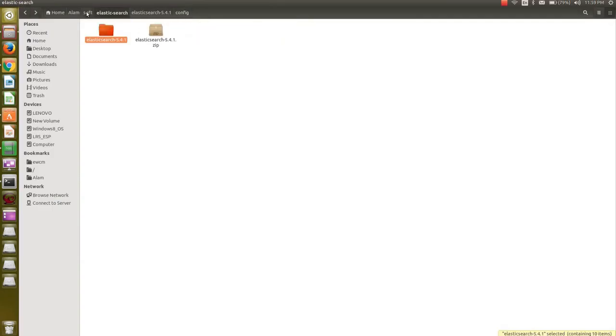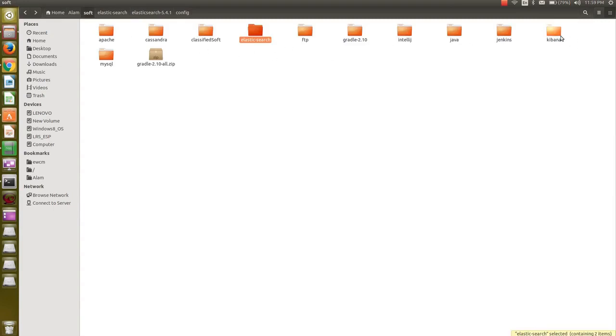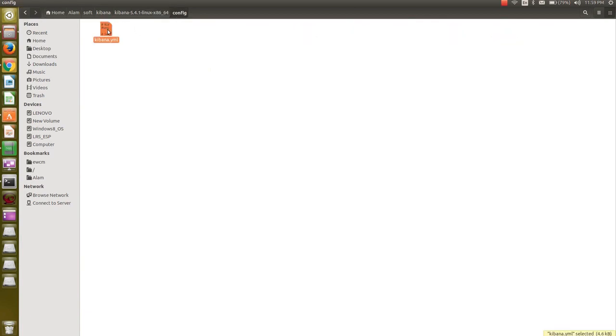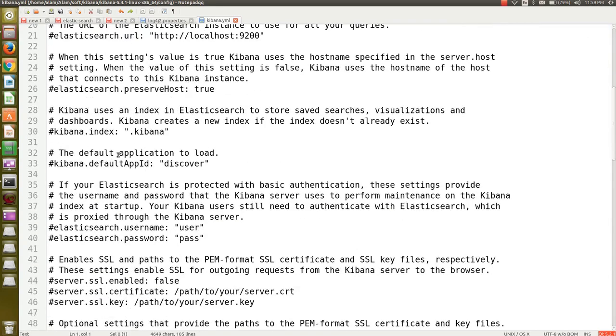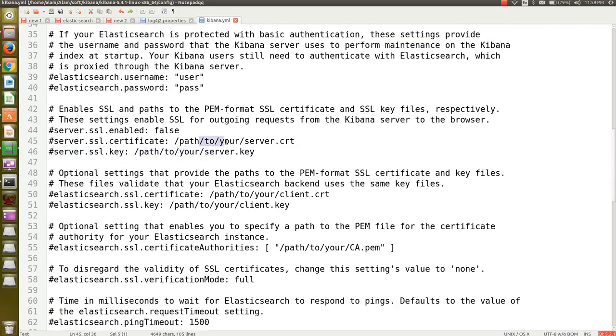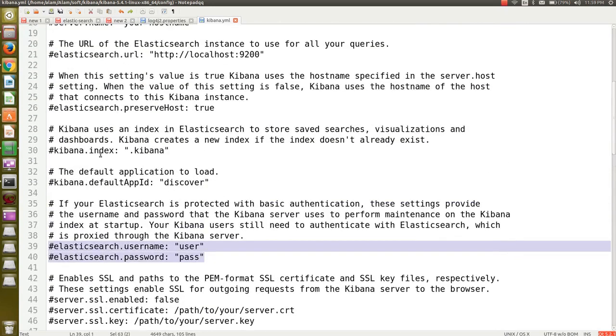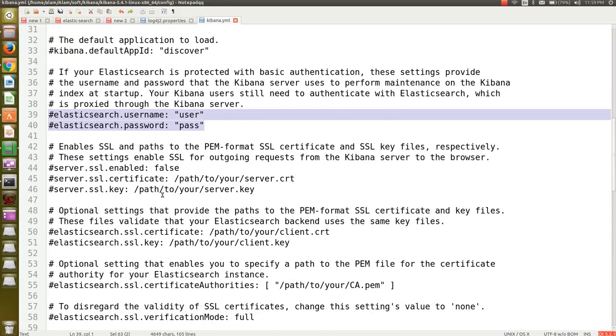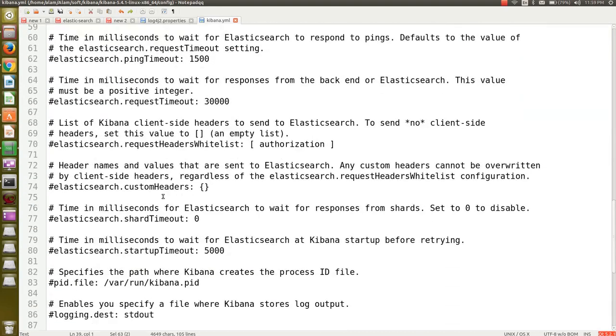So let's go to the Kibana. Under the home directory of the Kibana, you'll go under the config. There's a YML, snake-case YML format configuration, in which you can do various configurations. It's like the server key and certificate, if you want to have a username and password. If the Elasticsearch has a username and password, you can also integrate with the LDAP server if you want to have service accounts. So you've got a lot of choice.